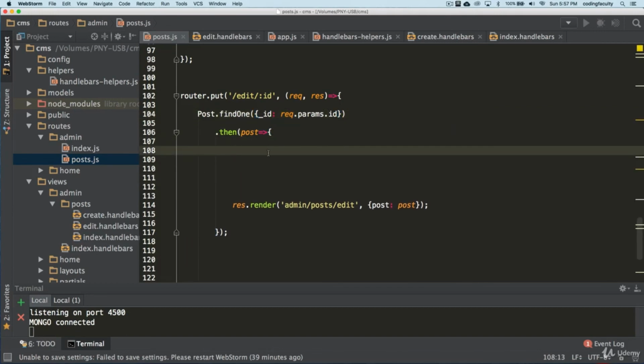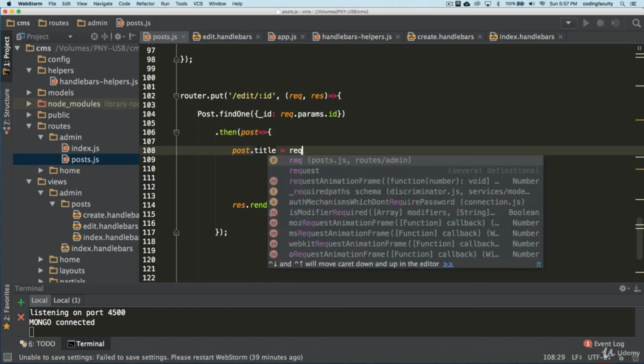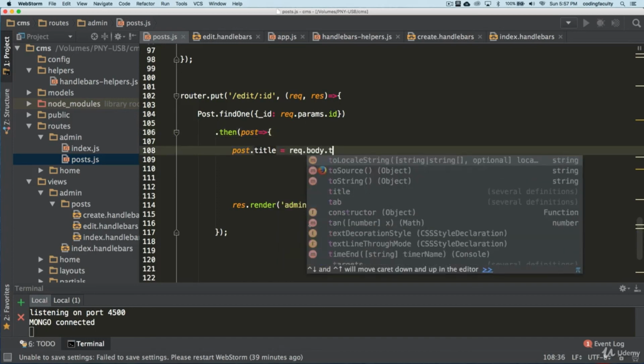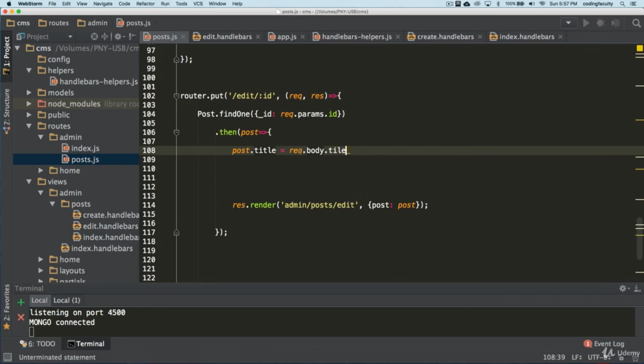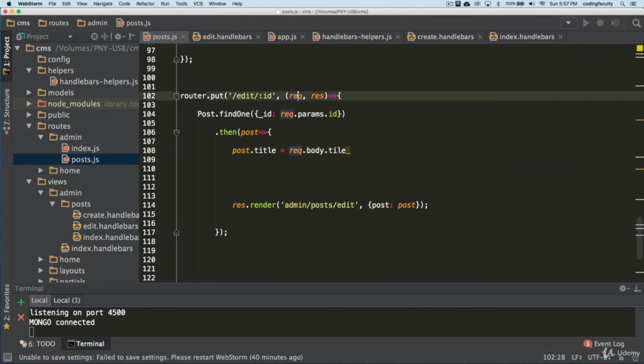I want to be able to grab the post title, which is coming from inside the database, and update it with the new request body, right? That's coming from the form, because we got one coming from the form and one that's already in the database. And that's exactly what we're going to be doing with all the fields.